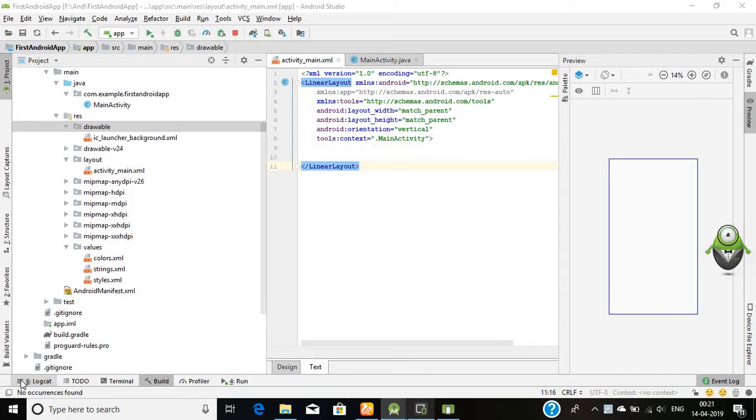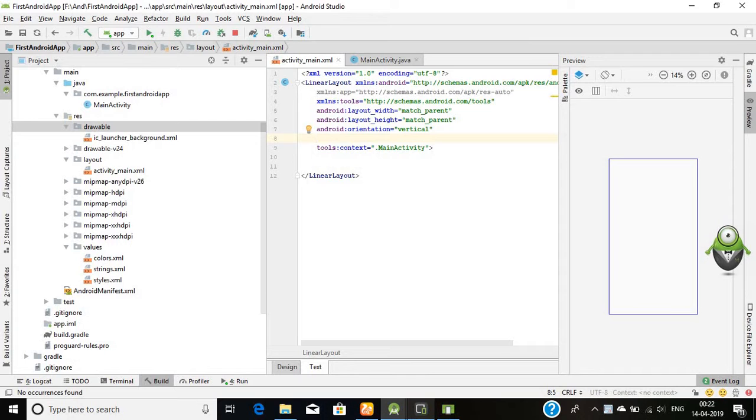In the last lecture, we discussed the linear layout, how to work on it, its orientation, inserting the various widgets in it, and so on. So in this video, I would like to explain how to make a simple UI for the login, means a simple login page. Okay. So for that,